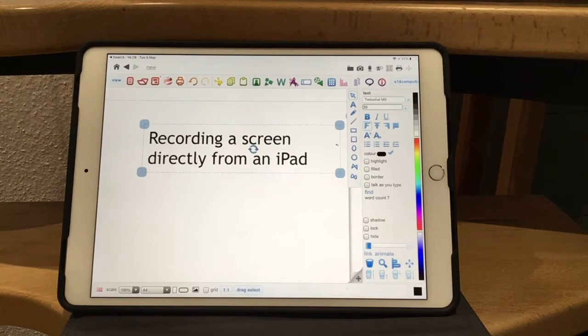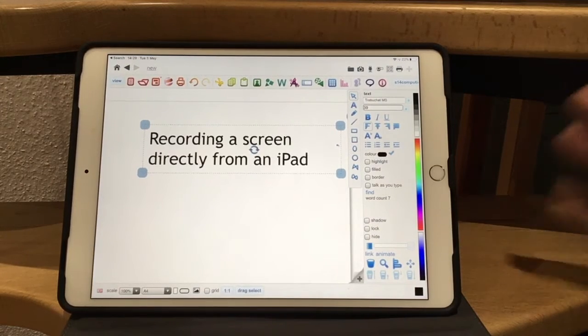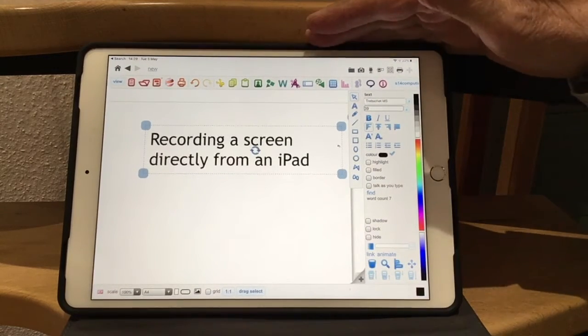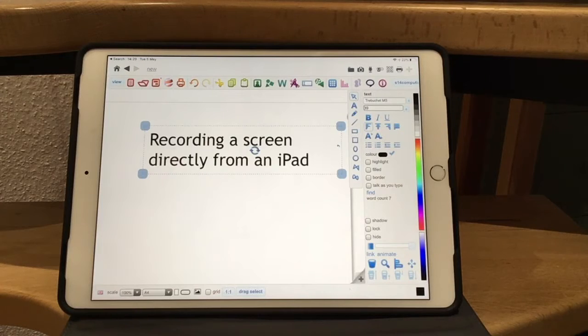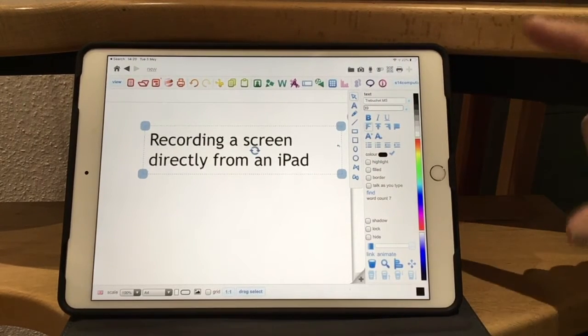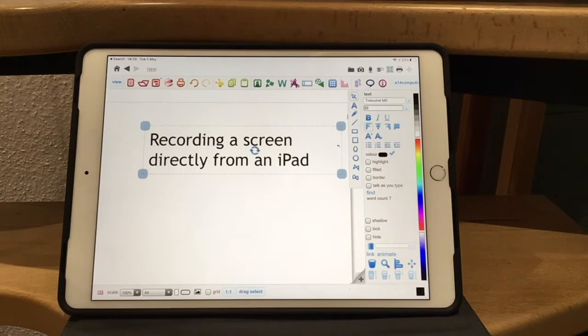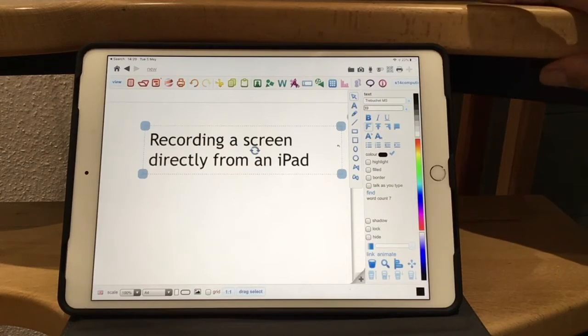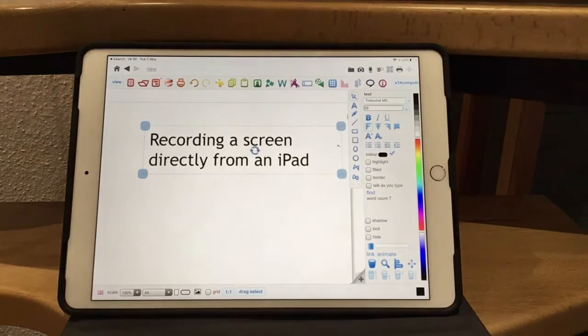What I want to look at is how we can actually record an iPad screen. Now this is one way of doing it, and I've got an iPad here, and here I've got a camera, and so we're recording with the camera or on the phone what's happening on the iPad screen. But built into the software of the iPad is a facility to record what's happening on this screen directly, so